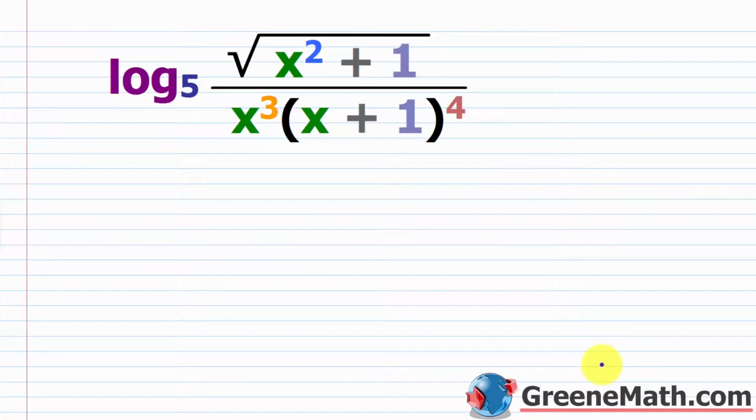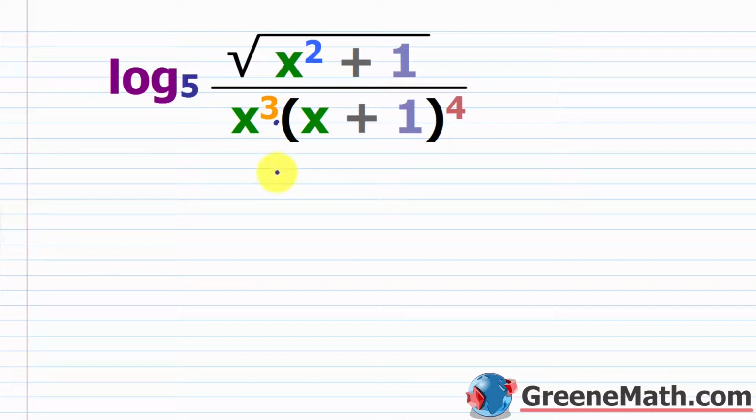All right, let's look at another example. And this one's a little bit more challenging. You'll run into an issue here where you can easily make a sign mistake, so I'll show you how to guard against that. So we have log base 5 of the square root of x squared plus 1 over x cubed